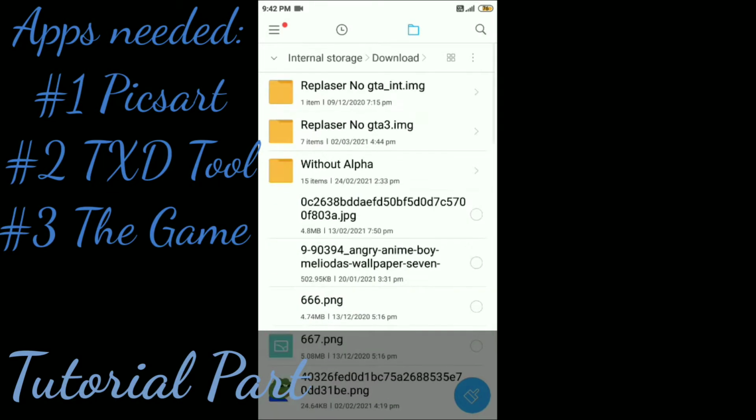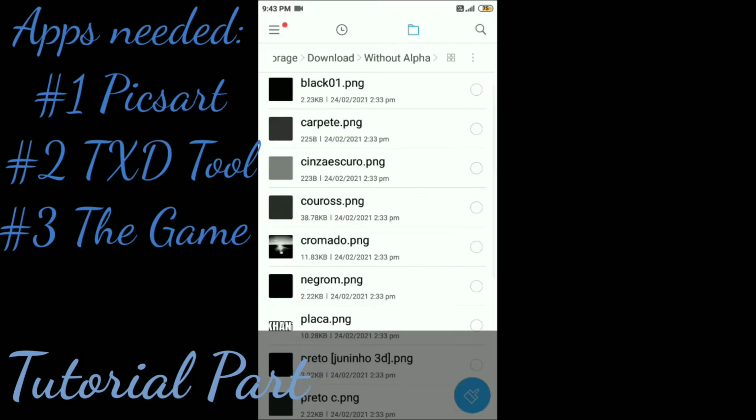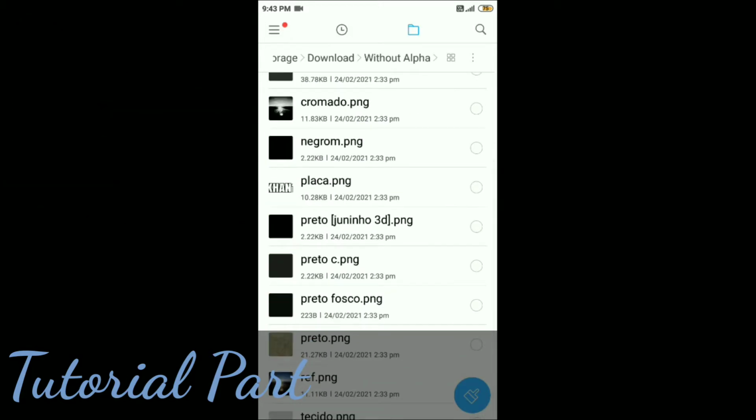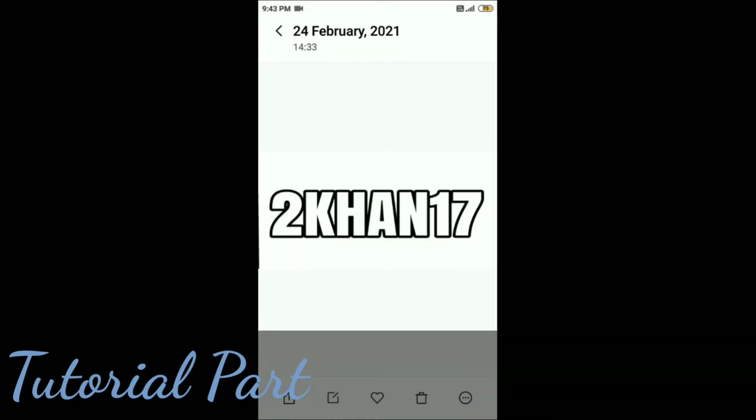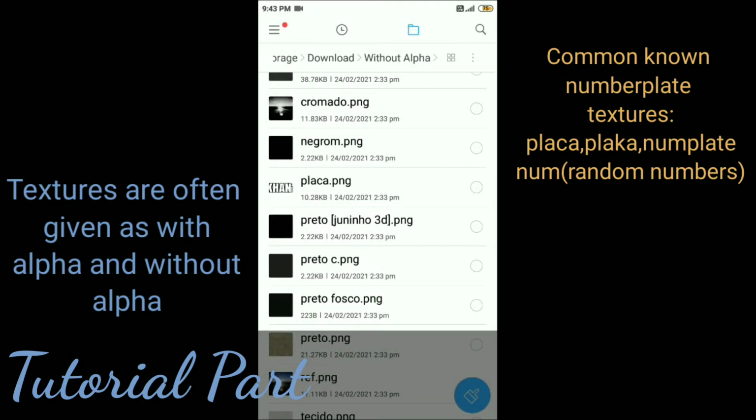So what I'm gonna do is search for folders that say without alpha. You can see there is a folder named without alpha, and you can see there's some kind of letters over there. So I'm gonna click on those, and when I click on it, it shows me some kind of name on it. It's written 2con17, and actually what this file means is that this is the number plate texture of a certain